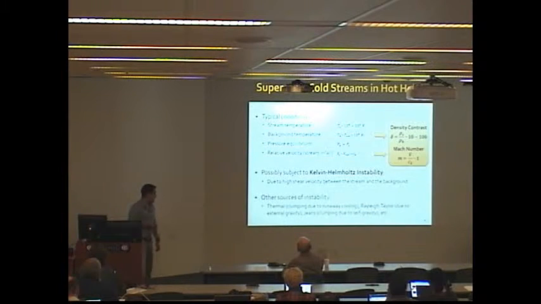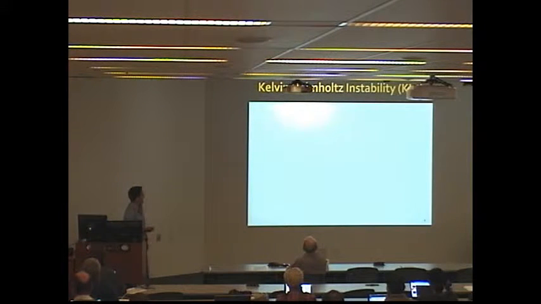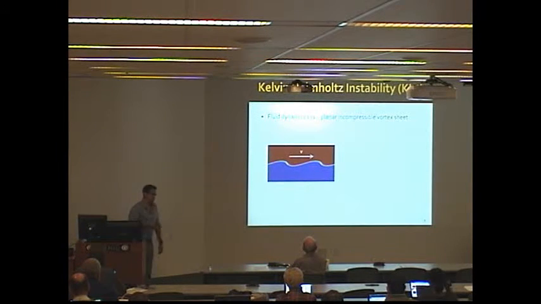Now, there could be a wide variety of instabilities that arise in such a scenario, but today I'm going to focus only on Kelvin-Helmholtz instability, which we all know and love from fluid dynamics. So the most common variant that you'll see in textbooks is just the planar incompressible vortex sheet. What that means is that you take two domains separated by a plane